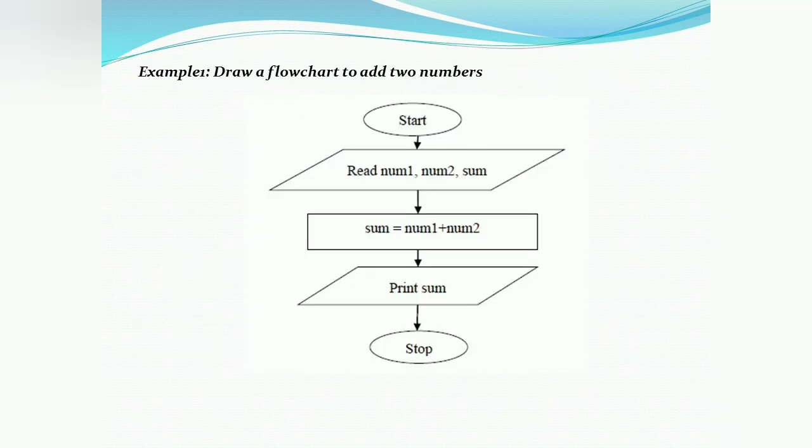This is the example flowchart. This is for addition of two numbers. For the initial and the termination purpose, the oval shape is used. For reading the input value and displaying the result, the parallelogram shape is used. It designates the input or output operations. Then for the process, the rectangle shape is used. Here the addition of two numbers is shown by using the rectangle shape. This is the basic design structure of a flowchart.